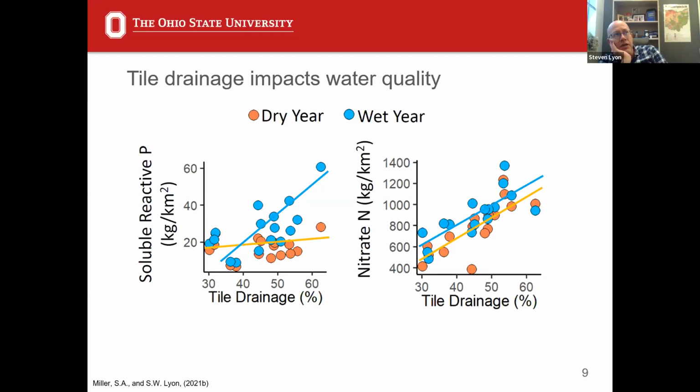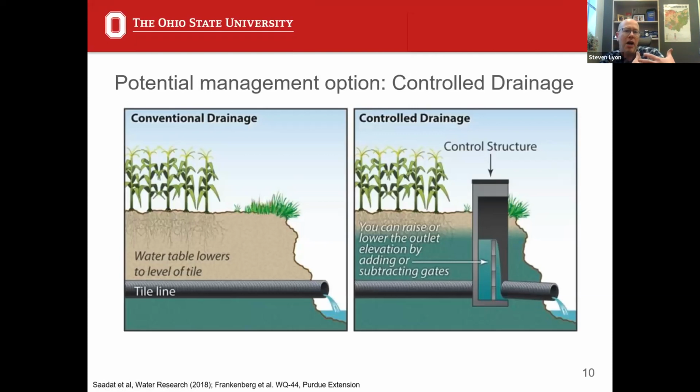And so that made us start to wonder what management practices or options are available to start to mitigate some of the potential impacts these tile drainage systems have. So thinking about how we could impact not just the nutrient loading itself, but also the flow of water through these systems, and try to offset some of those impacts. We started doing research and working with folks who've been looking at management options.